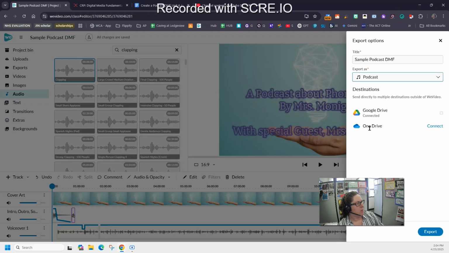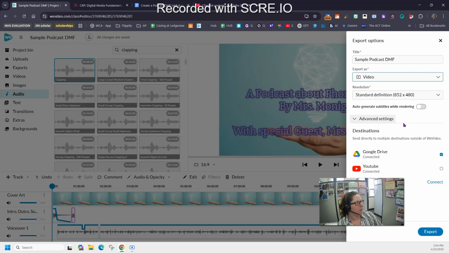I want you to notice that you can export it directly to Google Drive or OneDrive. It's easy to connect your Google Drive and then you'll have a good link to share. If you export it as a video, you've got a few more advanced settings. You can upload it to YouTube as well, which is what I'm going to do. You do need to make sure that the privacy setting is right. I'm going to change it to unlisted for now, and then once you click export,